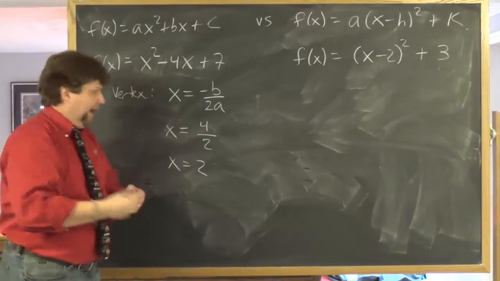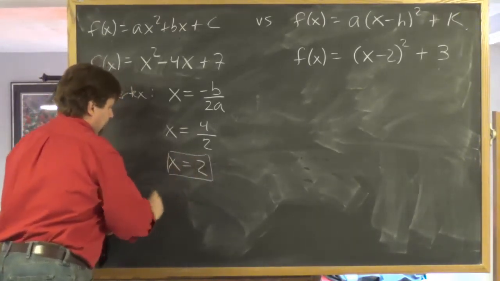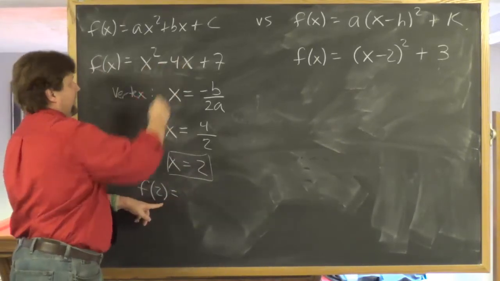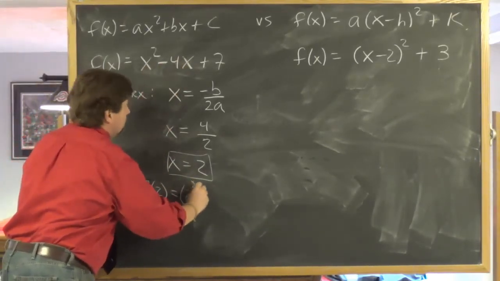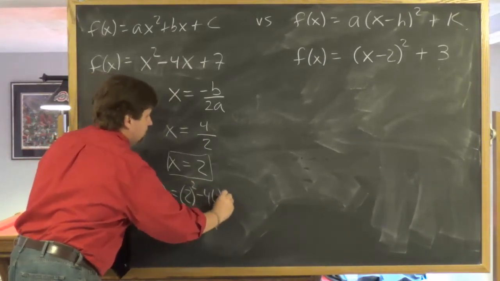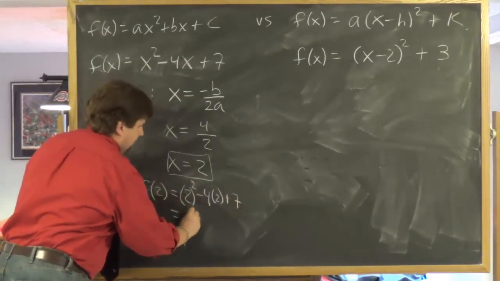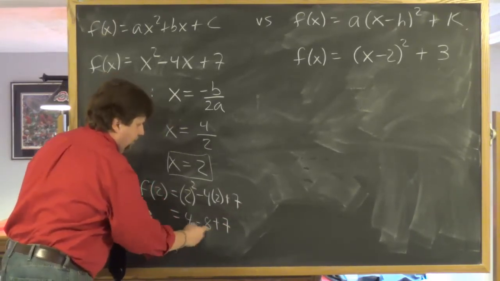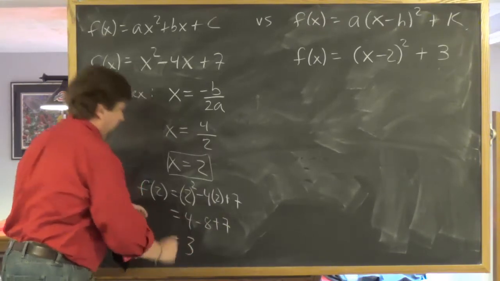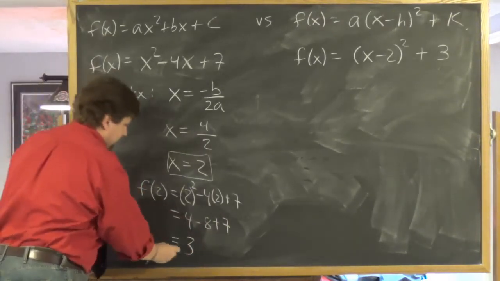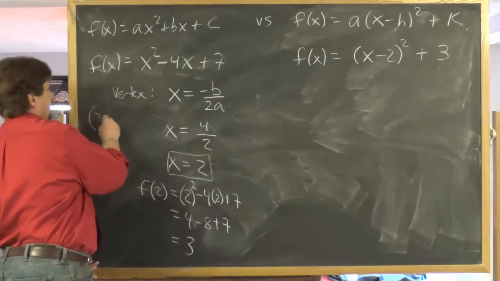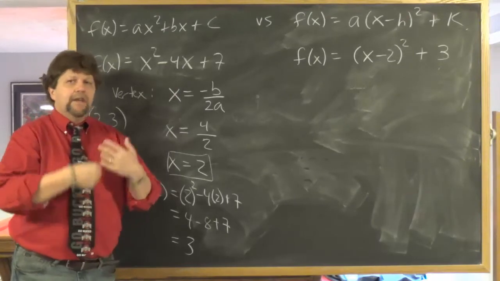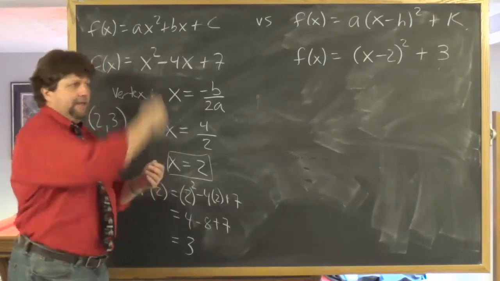And then how do I get the y-coordinate of the vertex? That's right. I evaluate the function at 2. So I put 2 back in for the x's and I get 2 squared minus 4 times 2 plus 7. So that's 4 minus 8 plus 7. 4 minus 8 is negative 4. Negative 4 plus 7 is 3. So I get the vertex to be the point (2, 3). And then I try to find x-intercepts and the y-intercept, plot the points, and I know what the graph